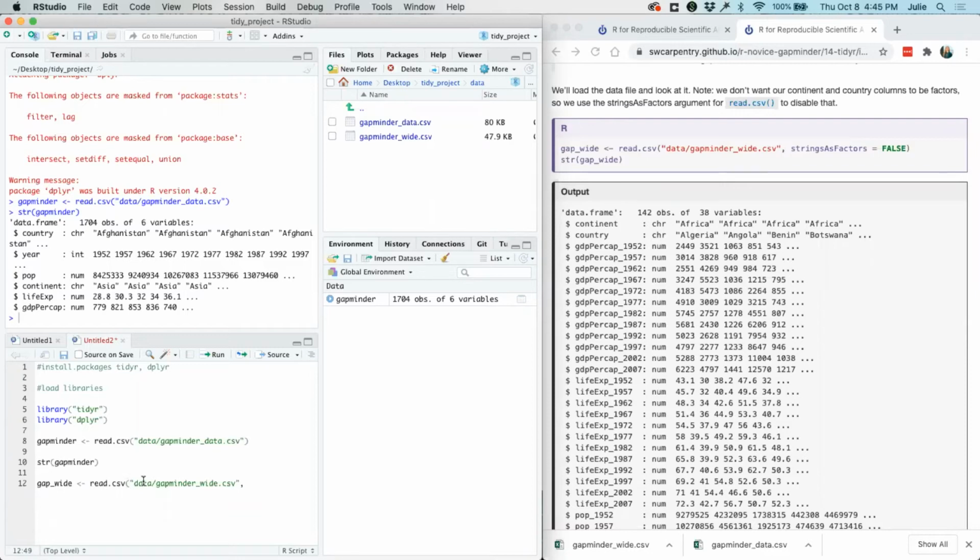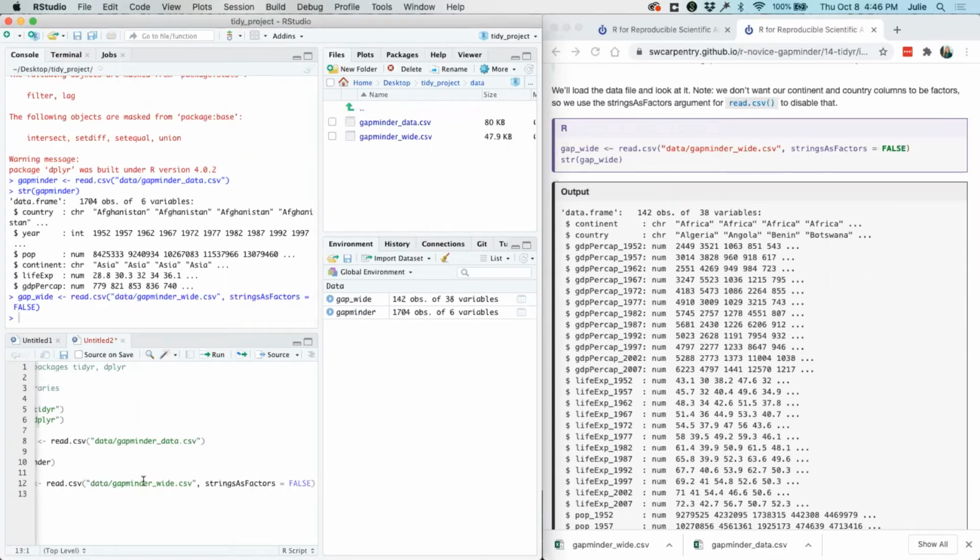And then we need to make sure that we include the strings as factors argument, and make sure that's false. And then do that. So we see that we've created a new gap wide with 142 observations and 36 variables.